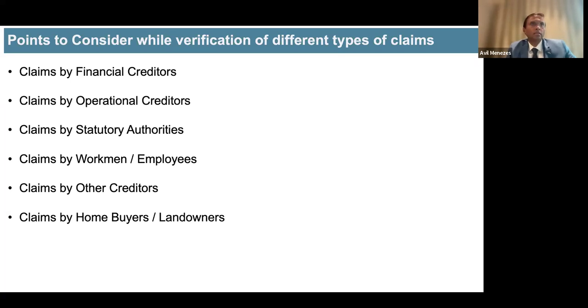Generally, the advice, and the general practice that we've seen and also follow, is that unless it is disputed by way of an appeal, we will accept it. So we generally write to the management saying that this is an income tax order or a demand. Is there an appeal filed? If an appeal has not been filed and is not pending, then we accept it in full. We do not go into the merits of an order raised by a statutory authority. During your period, if it comes, you can challenge it. If you choose to challenge it, then it becomes sub judice. If you do not challenge it, then you accept it in full and move on.